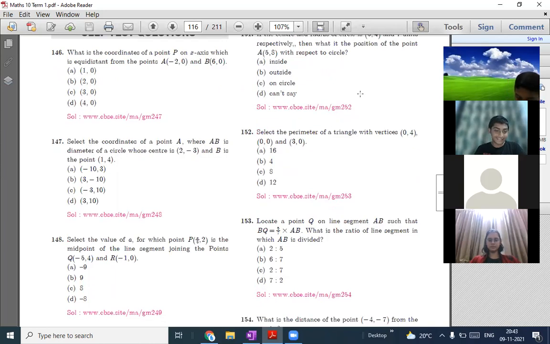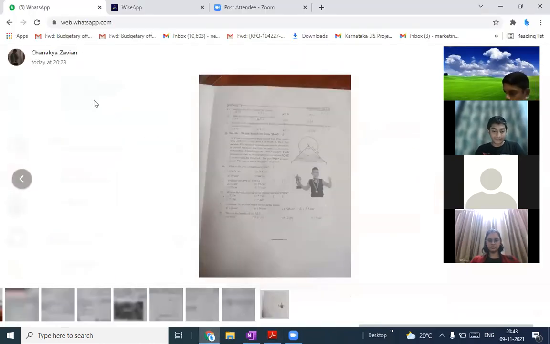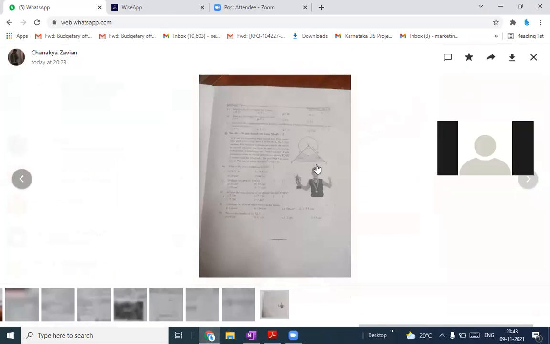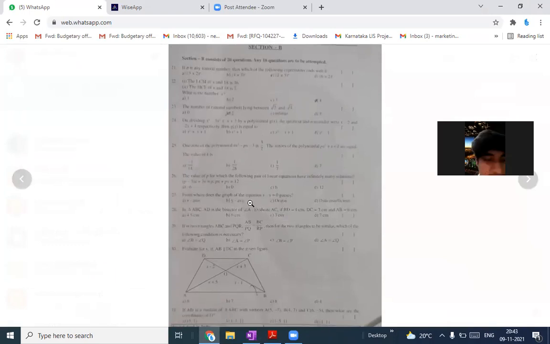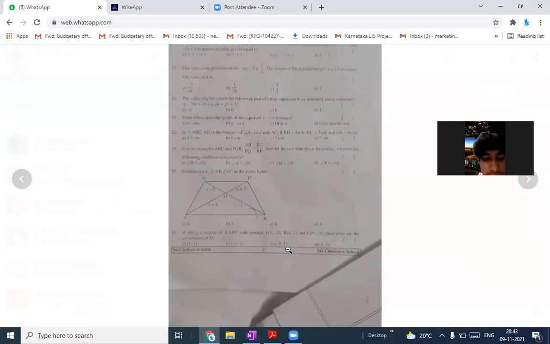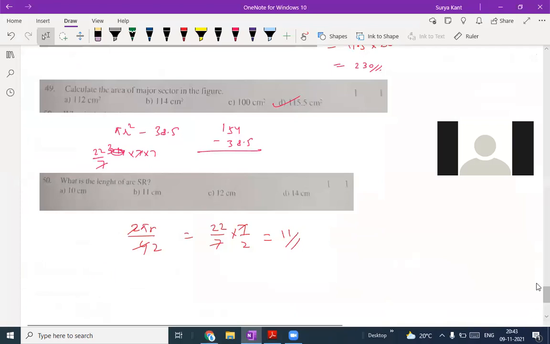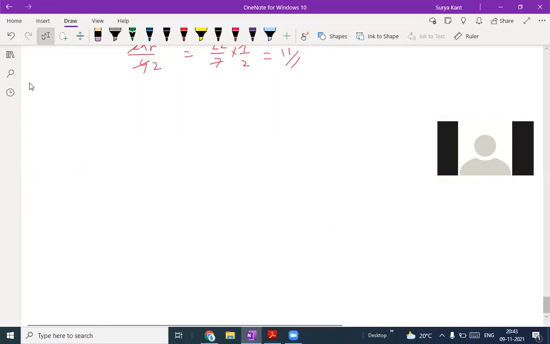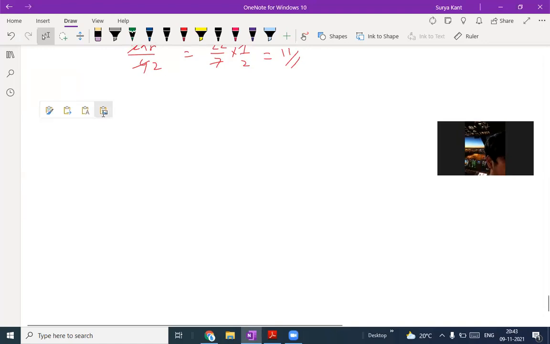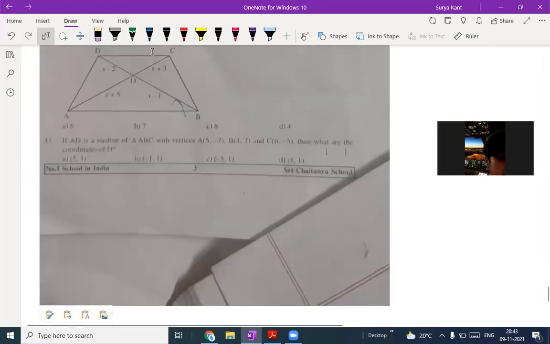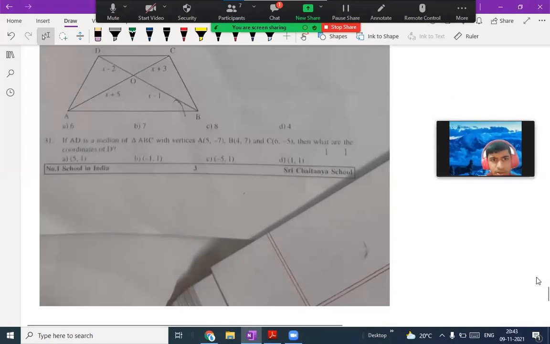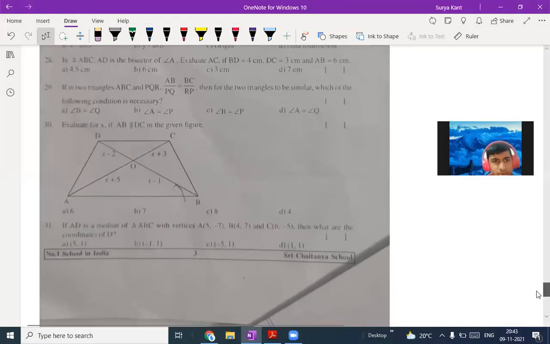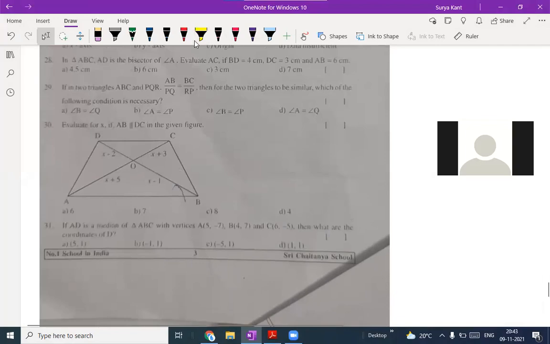I sent you 2 more questions, sir. 2 more questions you have sent. This one. Yes, sir. The last two questions, 30 and 31. Which chapter is this? So one is triangle, the other one is coordinate. Is it triangle for that trapezium one? I don't think. 30 and 31. It's an easy question. Looks easy only. I don't know what will happen on solving.